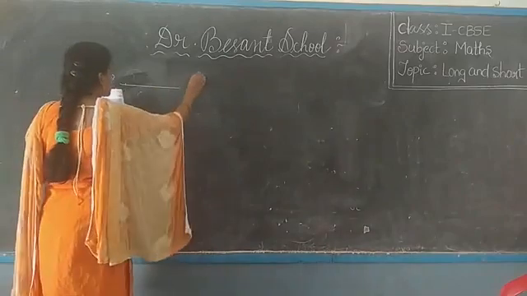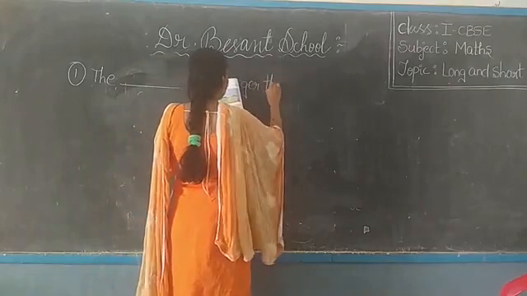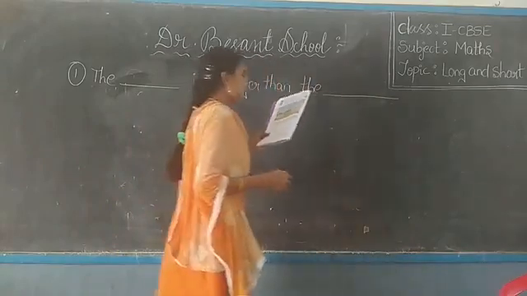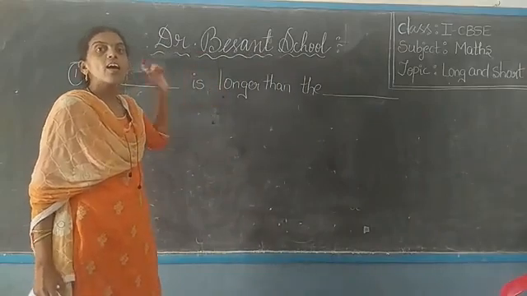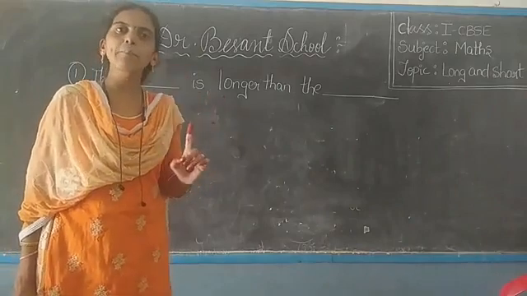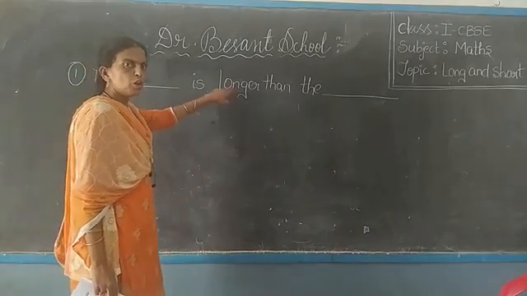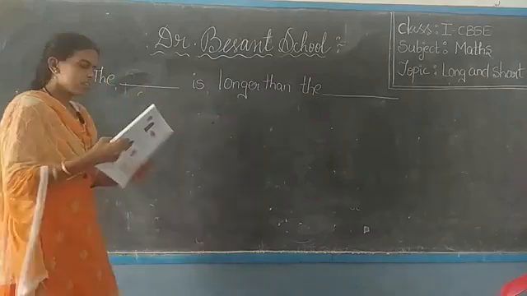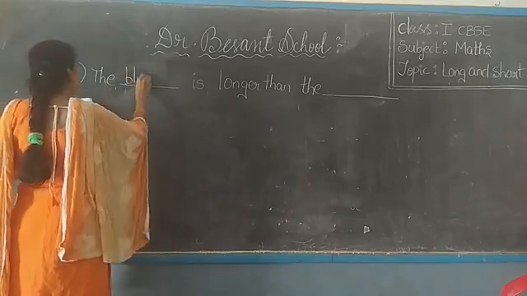The dash is longer than the dash. That means here you are going to compare the word longer given. So we should go for the benches. We should compare the benches, not the lamp post. Am I clear? Here the word longer is given for you. So you have to compare the benches. So which one is the longer? See the picture and tell me. Yes, blue bench is longer.